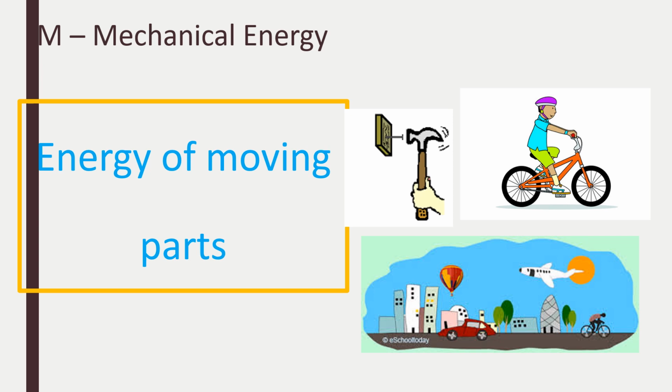For example, the person riding the bike is producing mechanical energy when they are riding the bike. But they also use mechanical energy in order to make it work. If those pedals are not moved, the bike will not work. Mechanical energy is needed. The hammer by itself will not work. It needs the movement of the hand in order to work. Therefore, the hammer needs mechanical energy in order to work.